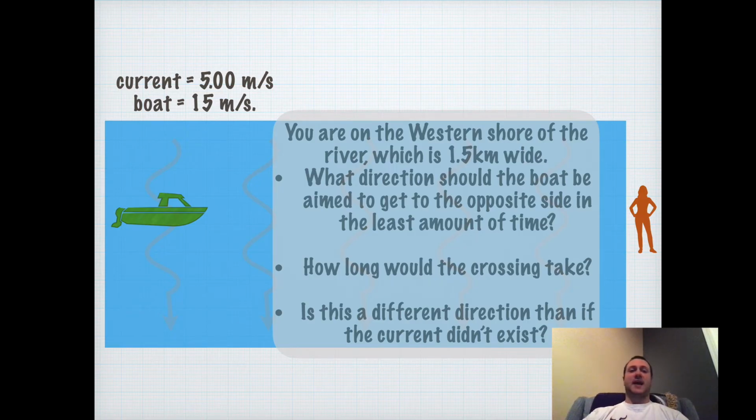This is just a delta x over delta t, right? So our velocity is 15 meters per second. Delta x is 1,500 meters. Divide that by 100 seconds, you get 15 meters per second, right? So all that we're taking is just the distance across divided by the time to get our 15 meters per second from the boat,